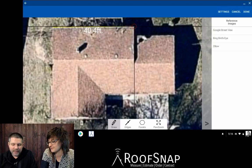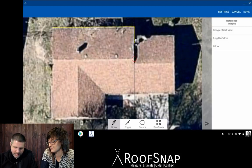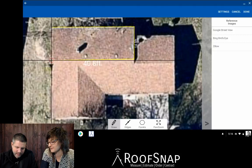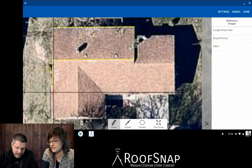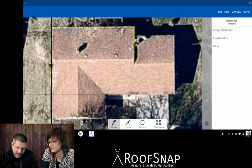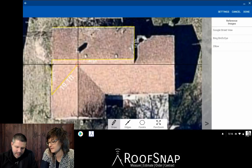I have to tap again first. But when I tap, then I can just change direction and keep drawing. Come down to the ridge, tap on the screen again. Come to the edge of that ridge, use my cursor tails to kind of line it up, and I'm going to come down to the valley. And then tap again and come up the valley, and then tap again and come right back down that ridge,